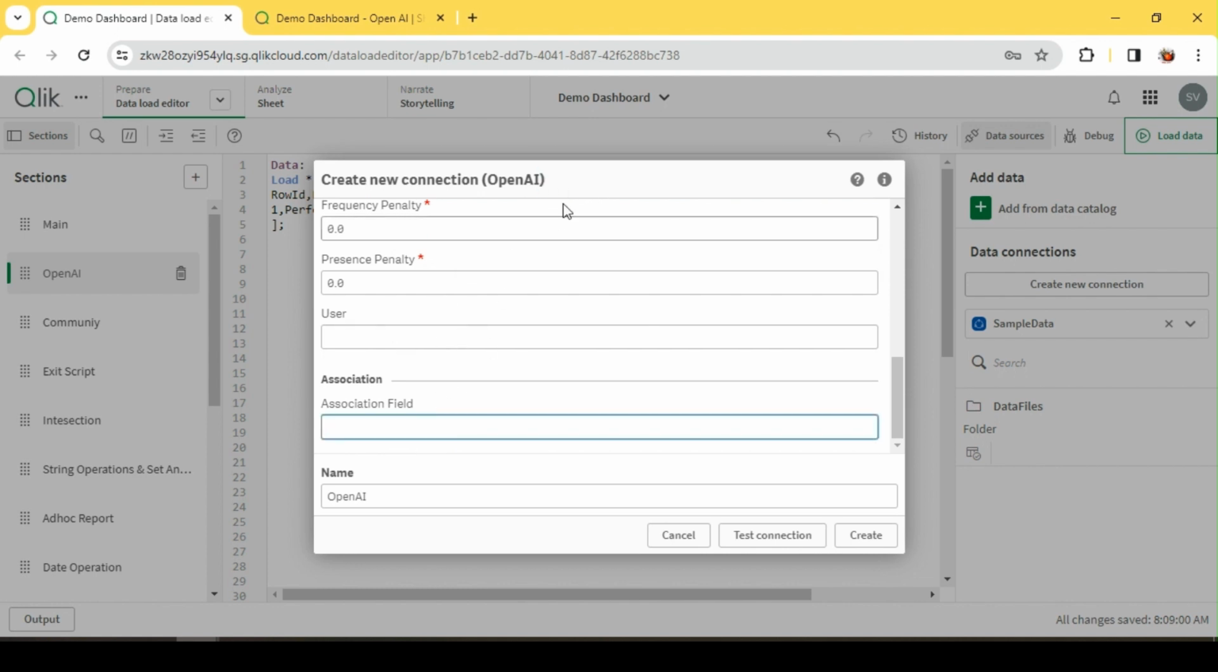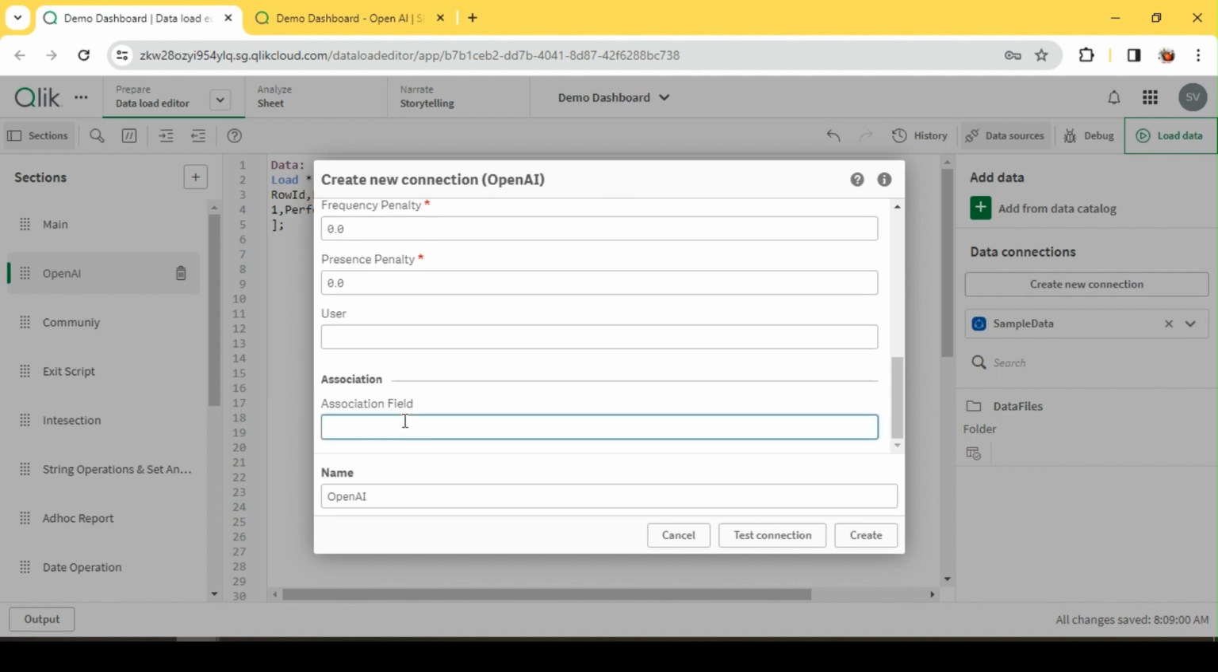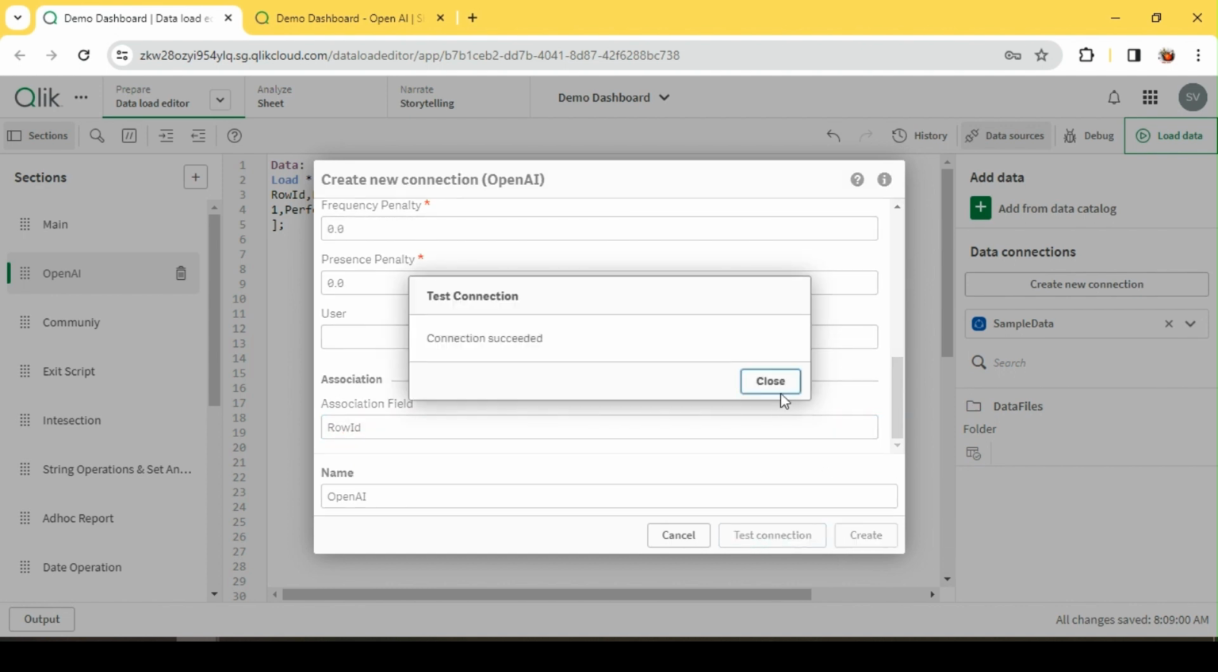So what is the association field? In my data set I have row ID and review, so I'll go with row ID as my association field. When we connect to OpenAI and pass my data set, it is going to send me a response and create a new table. We have to associate that table with our raw data, so this is going to be my primary key to associate. Now let me test the connection and